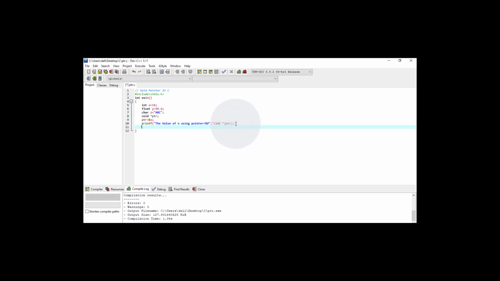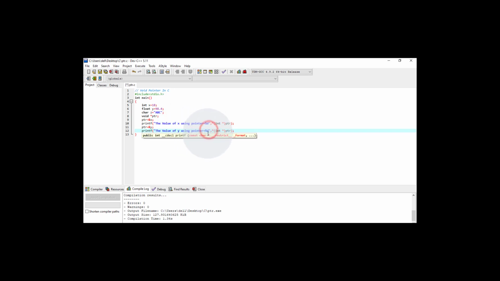Now in the next line, I will write pointer, and here I write &y. So this time I'm assigning the address of the y variable to the pointer. I will copy this line from here to here using Ctrl+C, and here I write printf the value of y using the pointer.